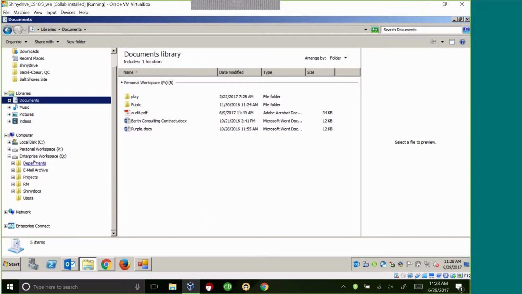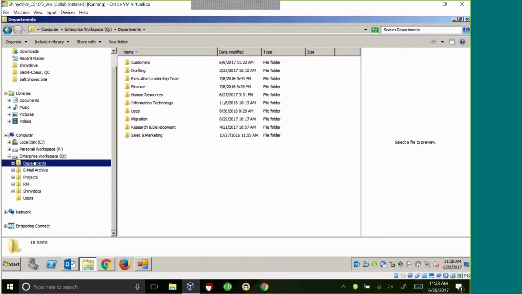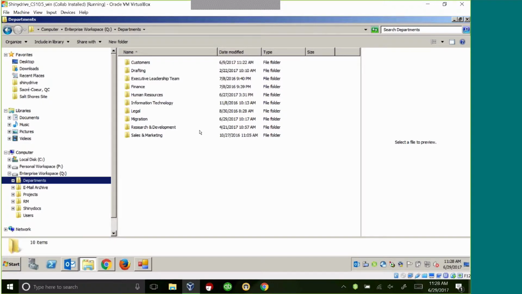I'll checkpoint the conversation here real quickly, just to make sure that everybody understands. This is an interface for Content Server. And in our opinion, it's the easiest one to use and perhaps the easiest one to deploy across thousands of users, just because they don't have to know exactly what they're doing from an enterprise content management standpoint to use the system day in and day out. It works on both Mac and PC, and the PC version has recently introduced some additional capabilities such as offline. Traditionally, ShinyDrive has always been more like a shared drive, so you need to be connected, but offline is something a lot of people are asking for, so that's something that we've put into the platform.